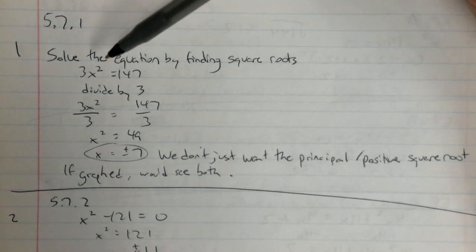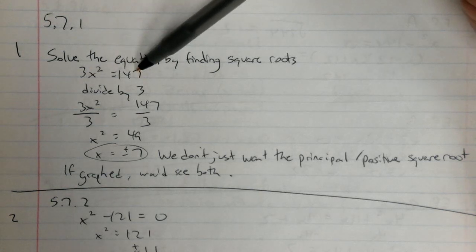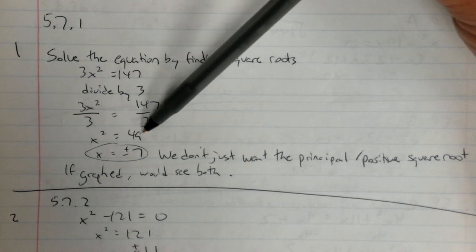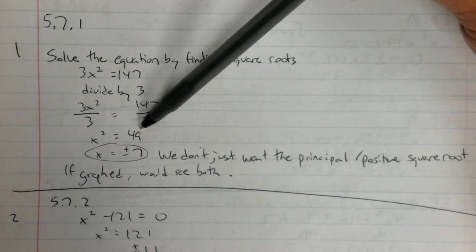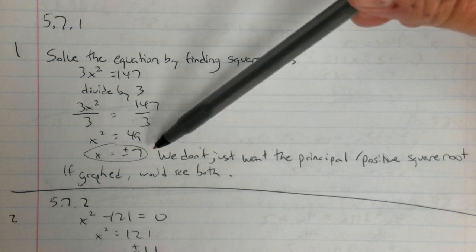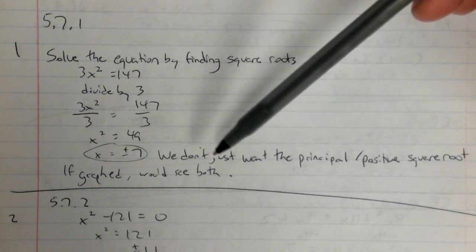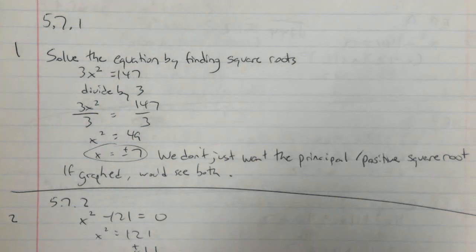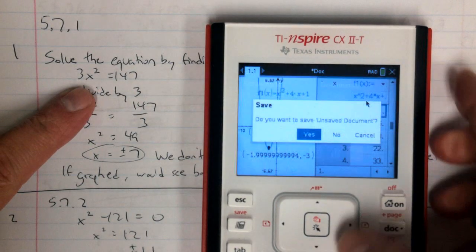So we have 3x squared equal 147, so we're going to divide by 3, and we get 49. And so x squared is 49, which means x is plus and minus 7. We don't just want the principal or positive square root. If it's graphed, you would see both. So just as a quick thing, because I can't spend too much time on this one,